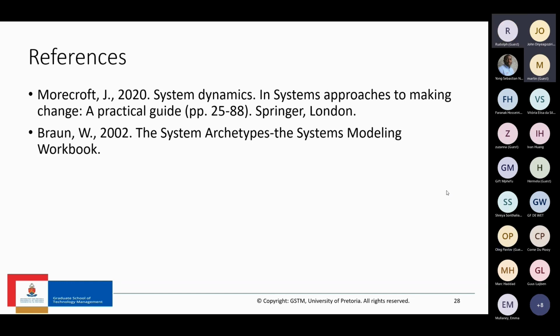Okay, thank you. Mark, can you please show again the example of the fourth archetype and explain it a bit? Okay, let's go through the others first. Yes, you will get the slides, John.